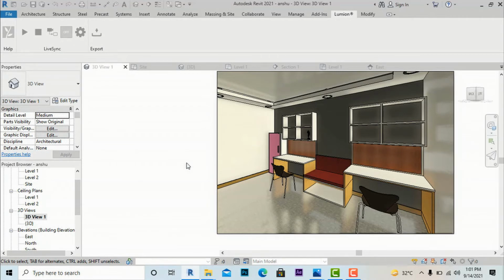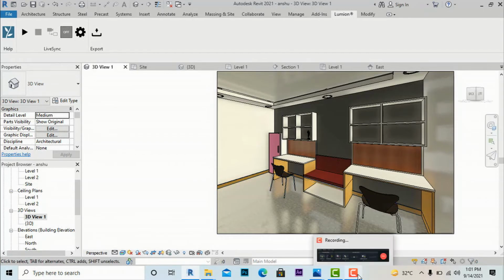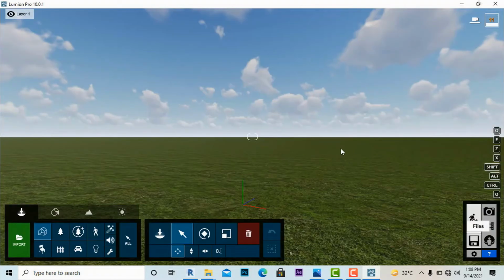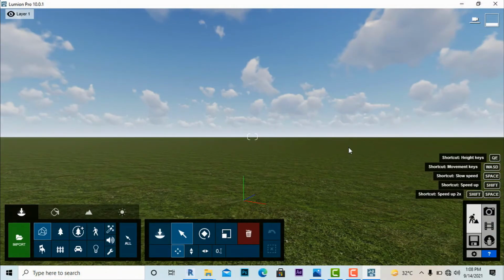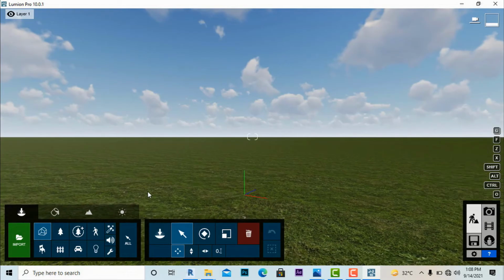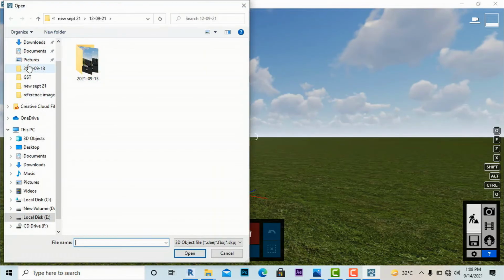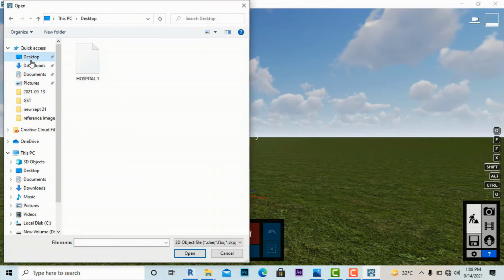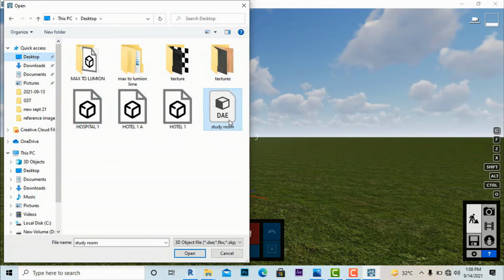Now I will open Lumion. It's getting saved, so I am going to open Lumion. So now I have opened my Lumion, and I'm going to import that study room. For this I'm going to import from my desktop, and we'll open this study room. Open,